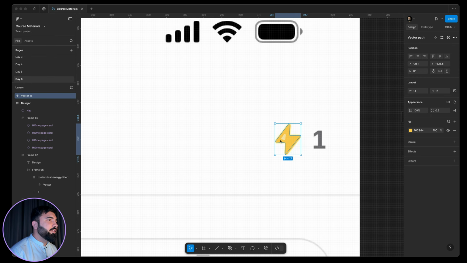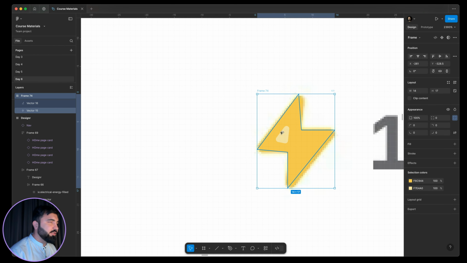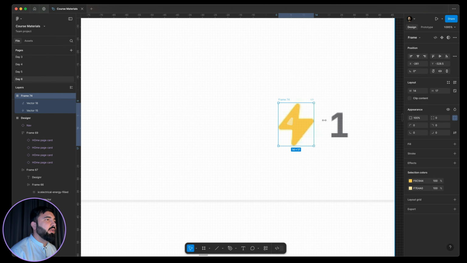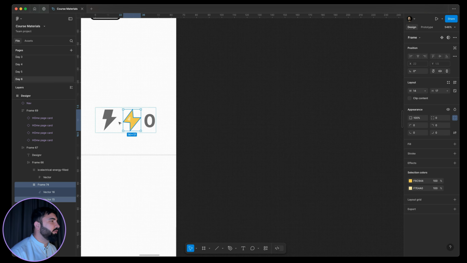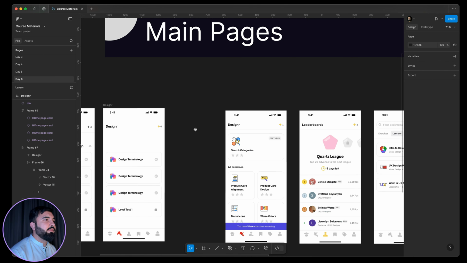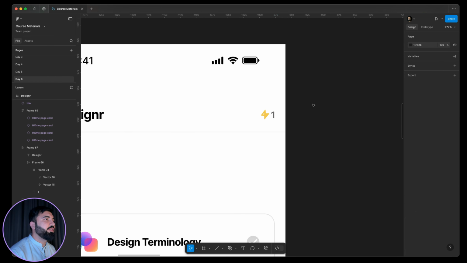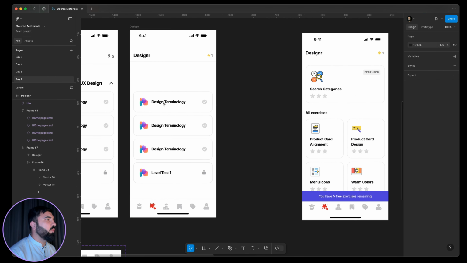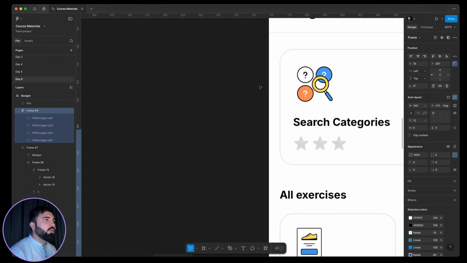Now we need basically to group it. Okay, so we will frame it and drag it all the way to over here, place it over there, and boom. Now one other thing is to change this 0 to 1 point,